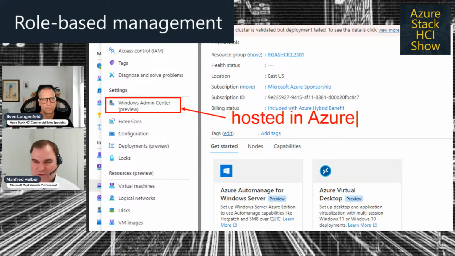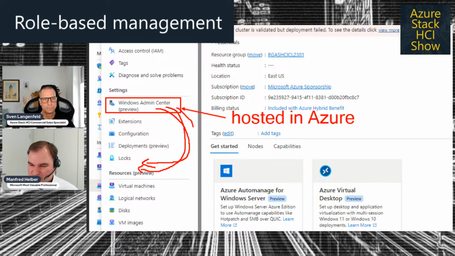But Windows Admin Center, for example, is still used today for managing the nodes, volumes, and disks. I assume that for Azure Stack HCI, more and more of these Windows Admin Center features will move out of the Windows Admin Center into, let's say, direct listing inside this settings and resources setting. But today we still need Windows Admin Center for some jobs, but not for the VM management, because this is already available via the resources in the Azure portal with a few